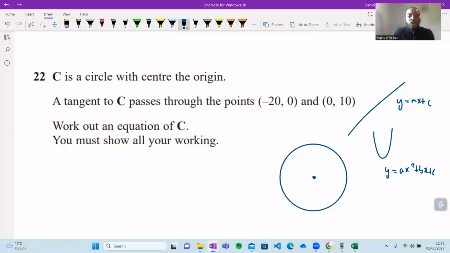Right. Thank you very much, Emilio. Thank you very much, Quinette. It's x squared plus y squared is equal to r squared, where r is the radius. Yeah. So to answer this question, we need to figure out what r is somehow. Thank you very much, Anaya. Good stuff. Yeah. So I'll give you a few minutes more, and then we're going to go through it together.